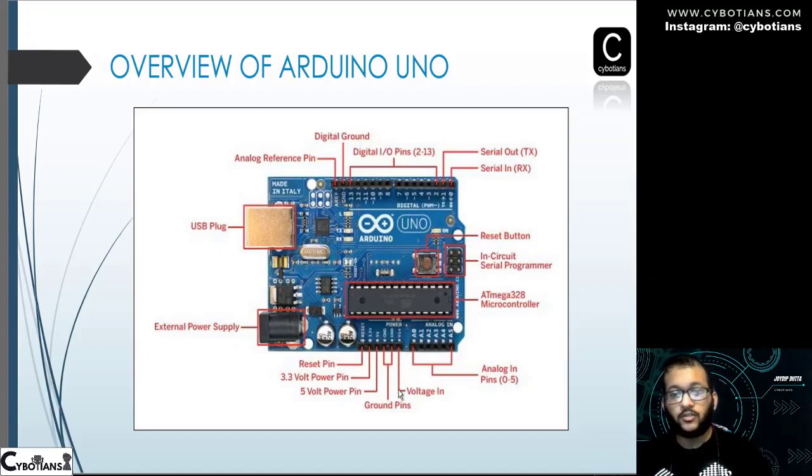But remember one thing, when you are using the VIN pin, you have to clear your board from power. And this is the digital pin part. In the digital pin section you will find number 0 to number 13. The 14 pins are available for the digital input pin, and the 0 and 1 are specifically for receiver and transmitter respectively, and from 2 to 13 these all are the digital pins.